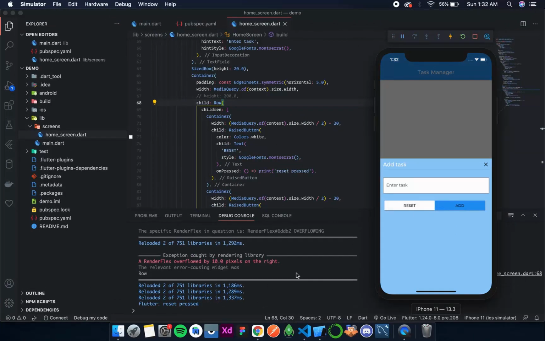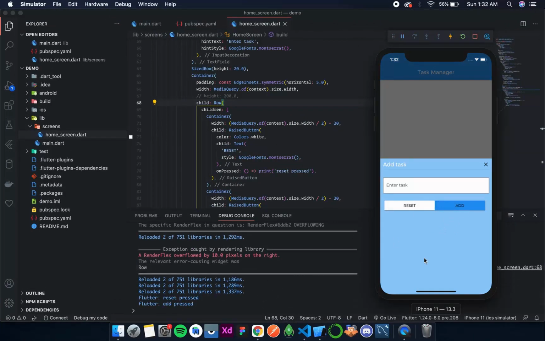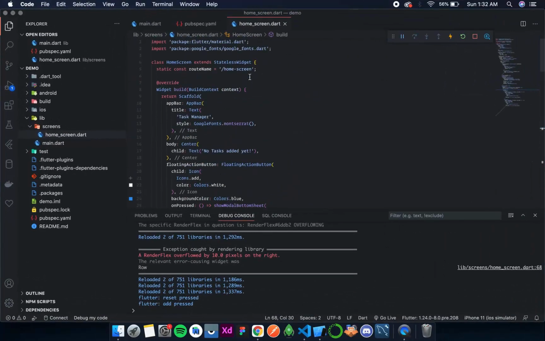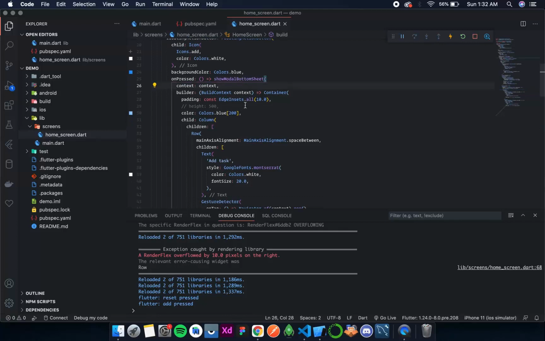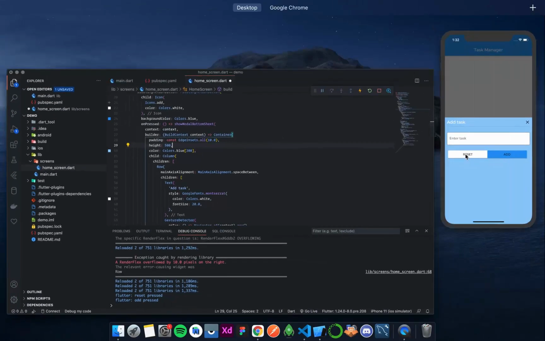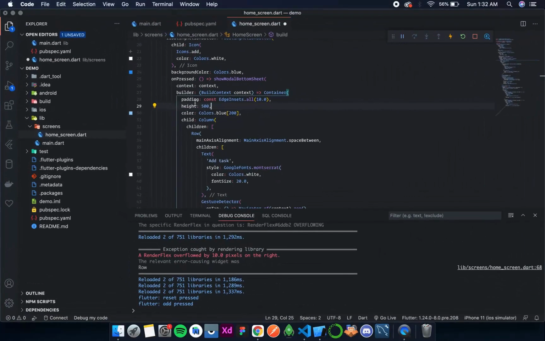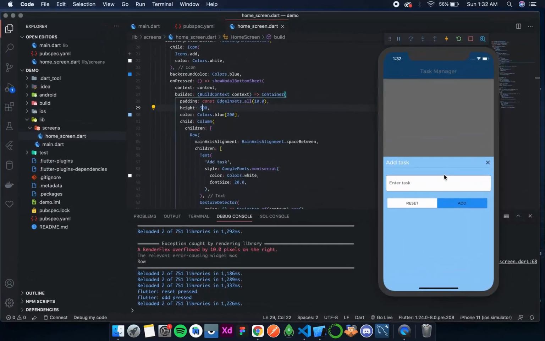When I click on reset, is pressed. When I click on add, is pressed. Now I don't need this height also over here. So where we started the modal sheet, this is okay. So the height was commented. That means this is the default height. Now I am gonna force some height to it. That is gonna be 300.